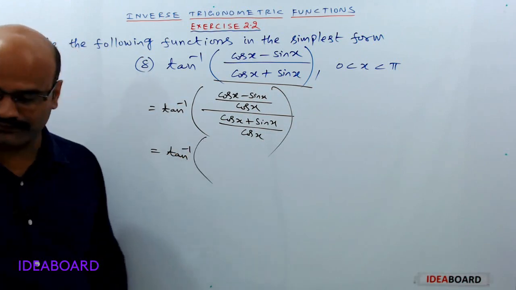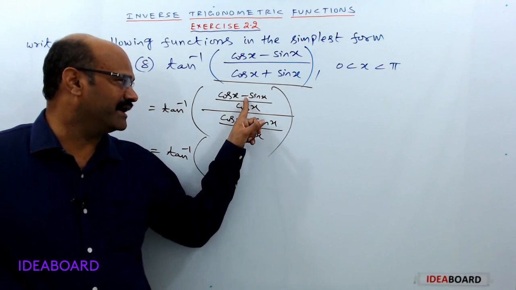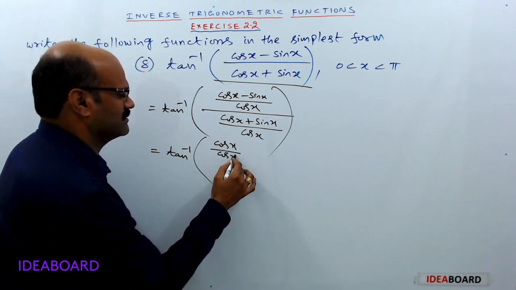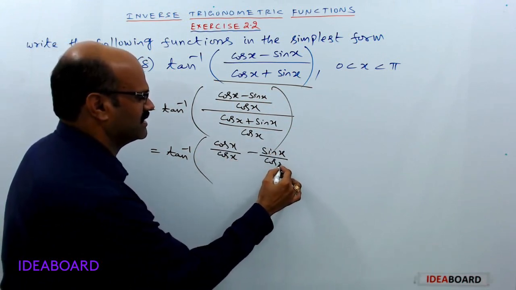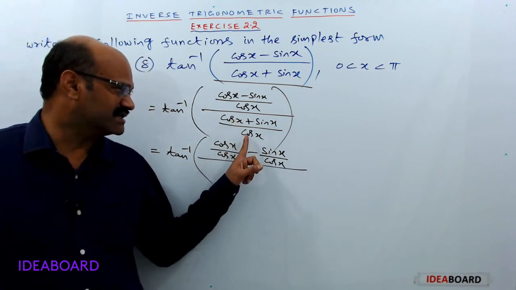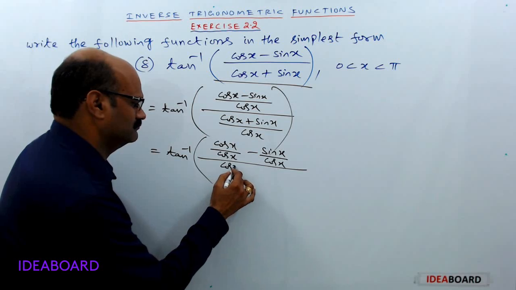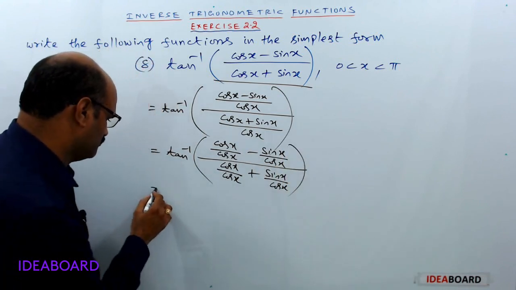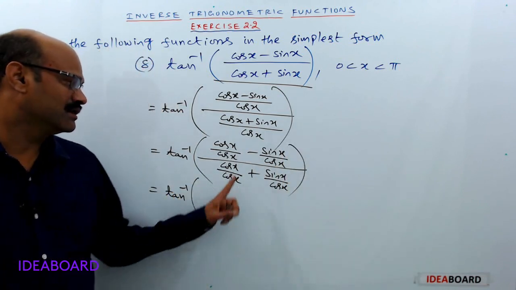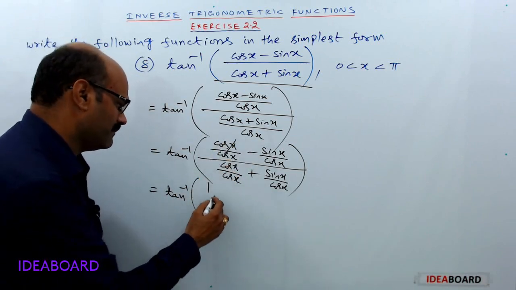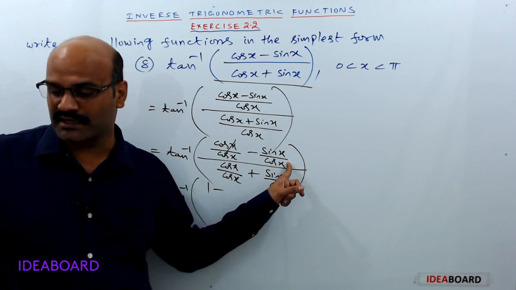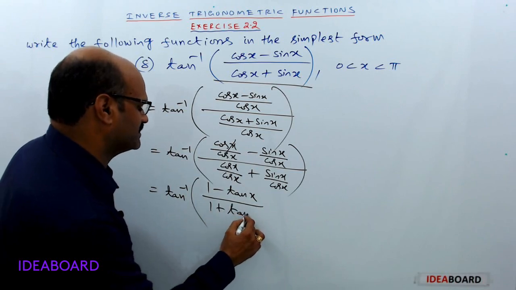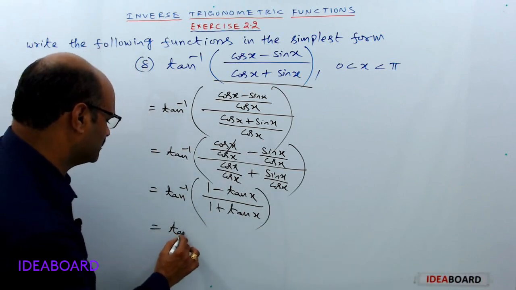this can be written as tan inverse of cos x by cos x minus sin x by cos x, upon cos x by cos x plus sin x by cos x, equal to tan inverse of (1 minus sin x by cos x) upon (1 plus sin x by cos x), equal to tan inverse of (1 minus tan x) by (1 plus tan x), equal to tan inverse of,